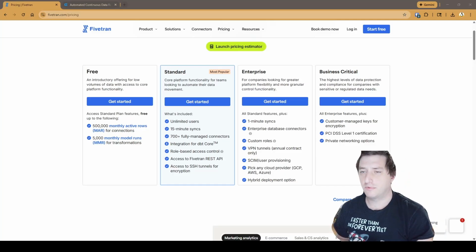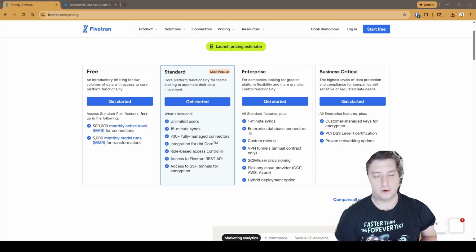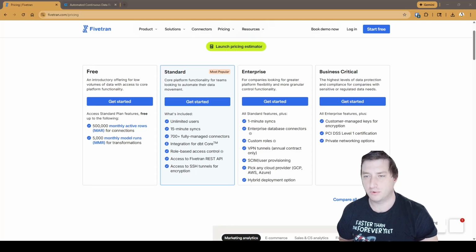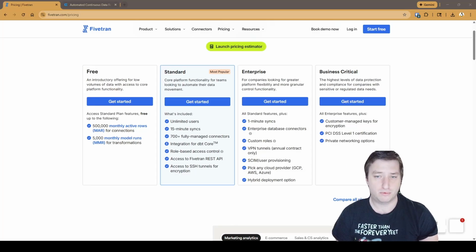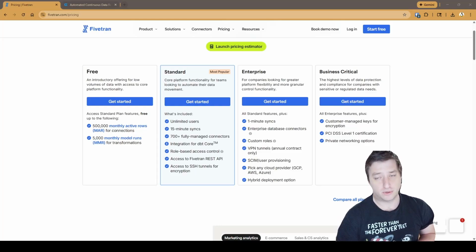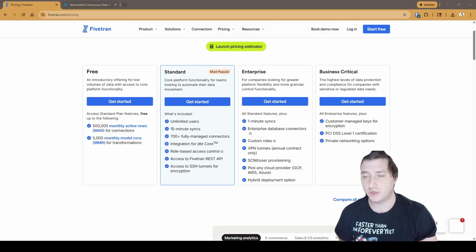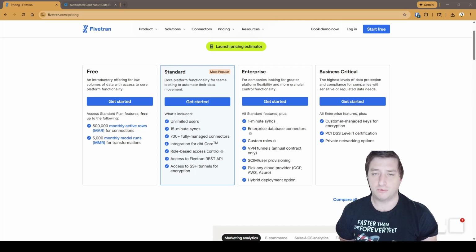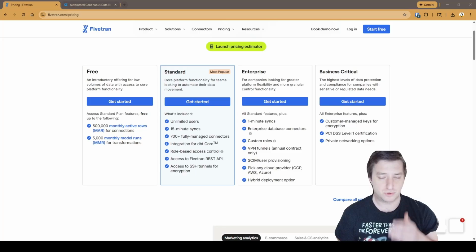So I'll start this off with FiveTran, which is much more complicated, and I'm going to start with them because that's what my company originally went with when we were first scoping out ETL tools. Now there were several we looked at. We ended up going with FiveTran because initially, for our needs, it was cheaper and it just seemed to be the best fit. And we eventually ended up needing to add more data sources, which still may not have been